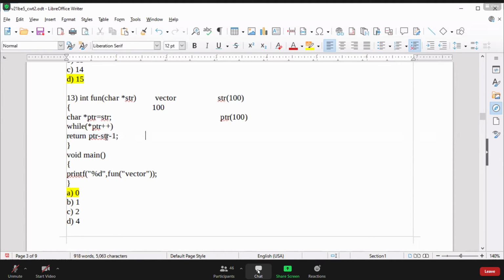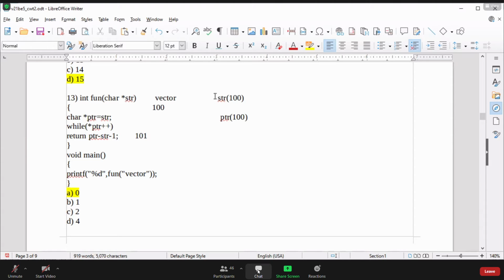Here we can say ptr is now pointing at the next location, character E. Why? Because of ptr plus plus, post increment. While checking that condition, it was not incremented, but now at the next stage it is incremented. So we can say ptr is pointing at the 101 location. Where is str pointing?